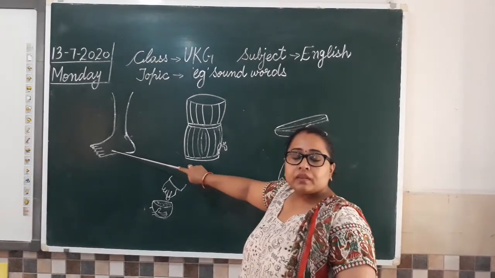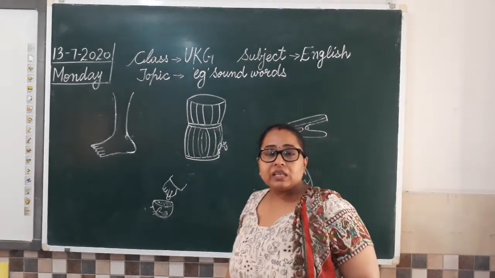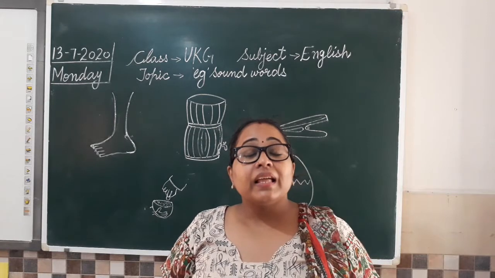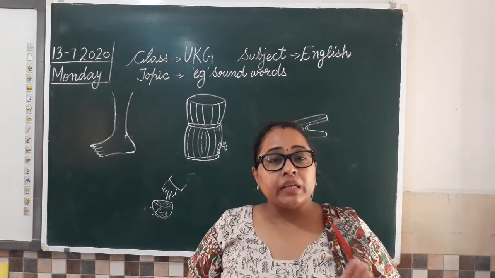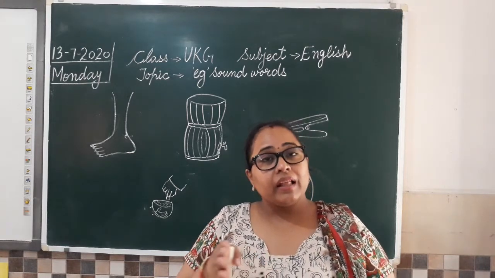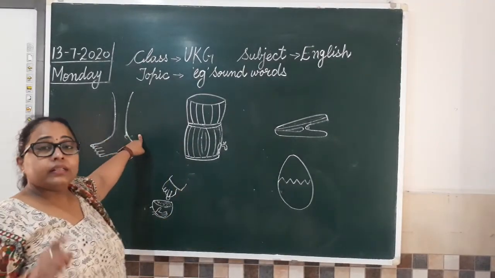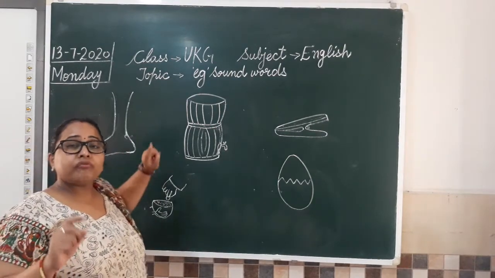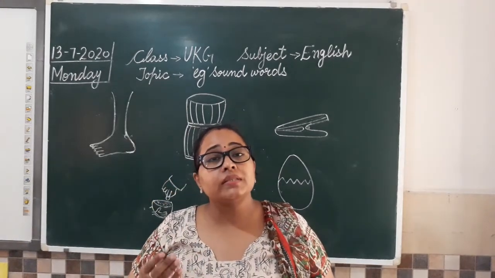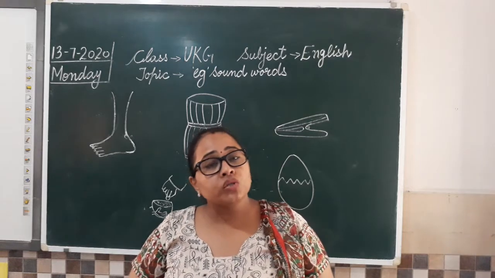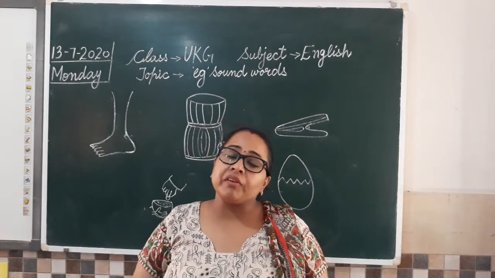So the very first picture here is this. What is this? It is one of our body parts. हमारी body part होती है ये. Yes, what picture is this? Leg. Yes. So now you have to pronounce it carefully. Egg. Leg. So you are going to tell me which alphabets I have to write. First of all, don't say it with alphabets, you have to speak with the sounds. आप sound बोलेंगे और जो sound आ रही है हम वो alphabet लिखेंगे. This is how we blend sounds and we write words.